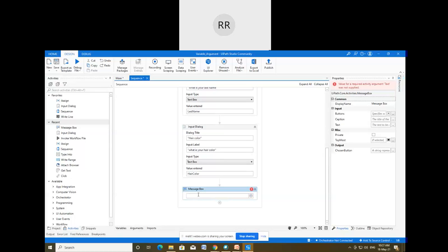So I will write the message as "my". The string should be in the double quotes, and then for concatenation we have to use this plus, and to provide the space between the variable and the word, we have to use the double quotes again. "My name", my, and I'm going to use the first name variable.